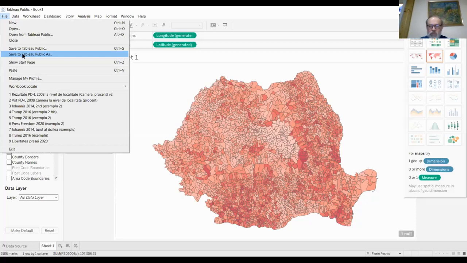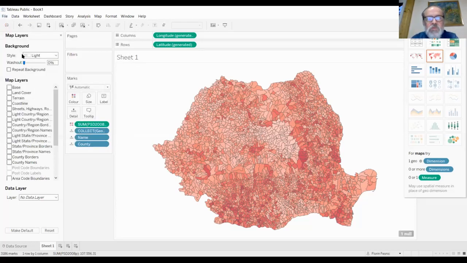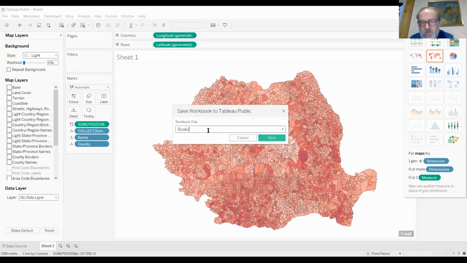You make an account on the Tableau Public website, and you save your work, your maps, on their server. So, assuming you have it, it's open. If it's not open, that is to say, if you're not connected to your Tableau Public account, Tableau Public will ask you to log on.